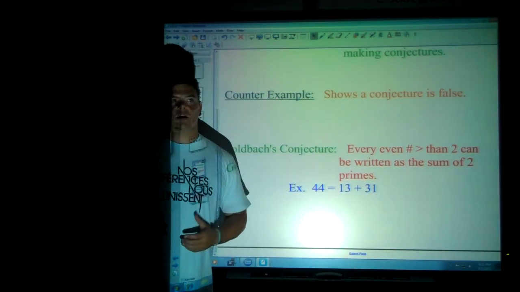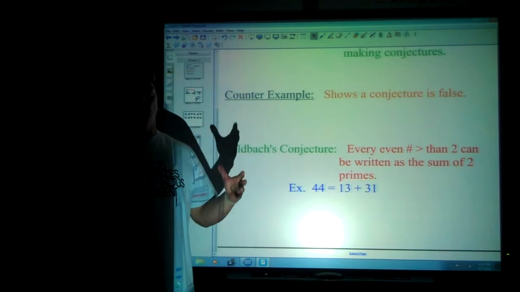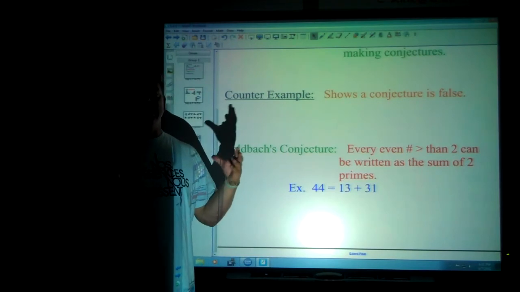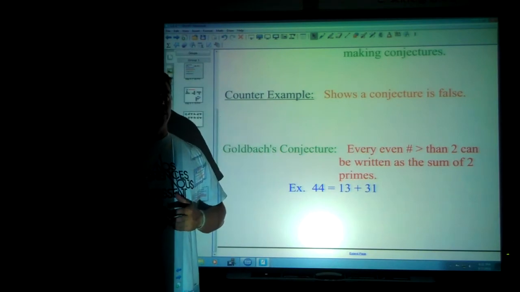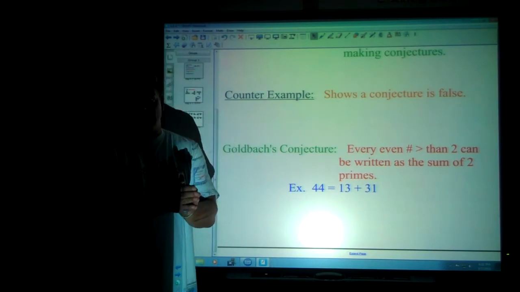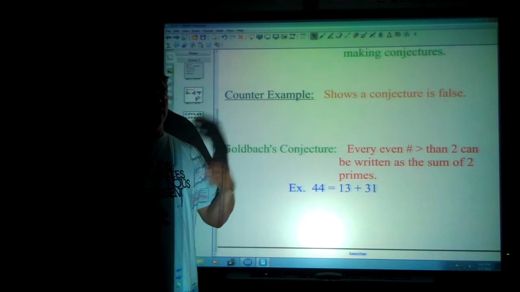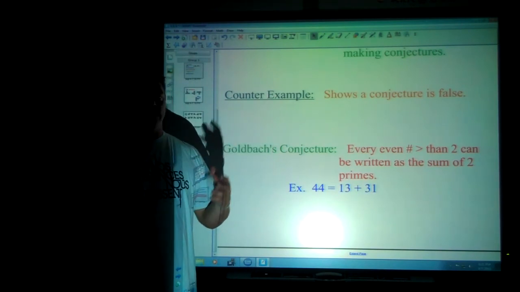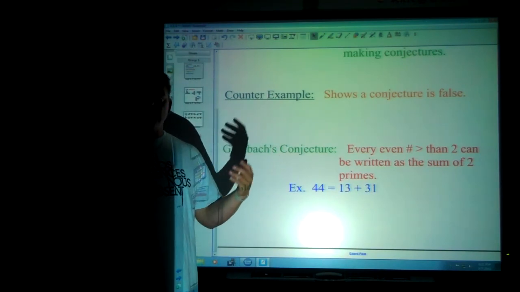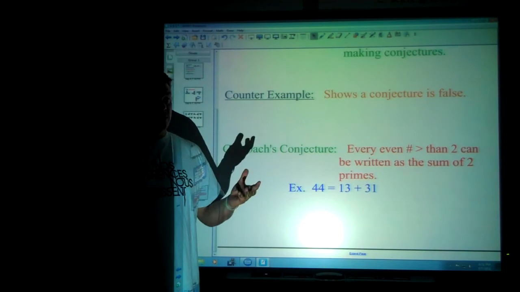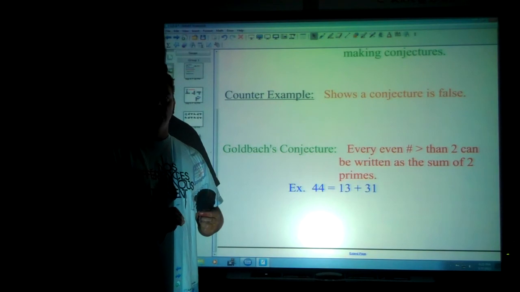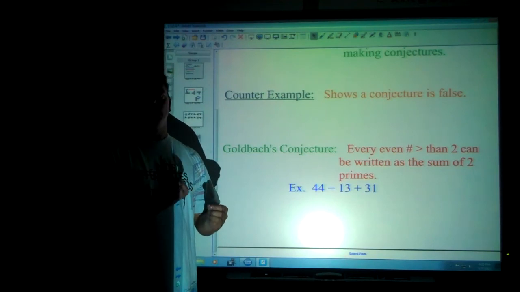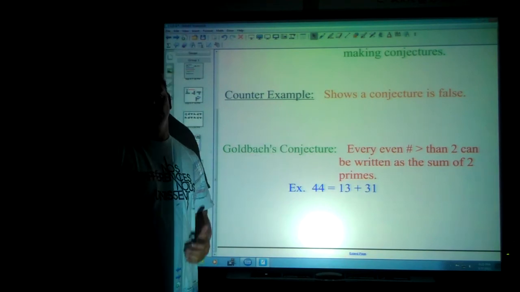All right? I could make one up. I could say if I take two odd numbers and add them together, it always makes an even. So I can say 1 and 3, yep, that makes 4, an even number. 5 and 7, yep, add together to make 12, that's even. And I could say that, oh, that seems like it's always going to be the case, and it most likely is. But because I cannot actually prove it by trying every single possibility to prove that it works, it'll maintain itself as a